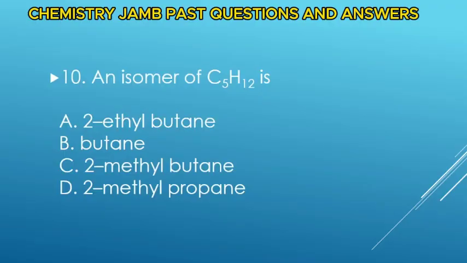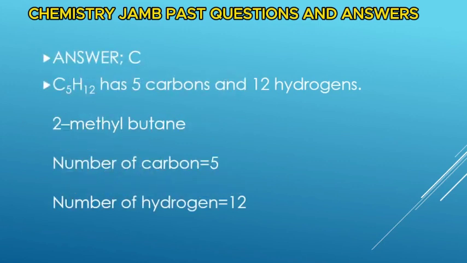Question number 10. An isomer of C5H12 is A. 2-ethylbutane, B. Butane, C. 2-methylbutane, D. 2-methylpropane. The answer is C, which is 2-methylbutane. And if you look at 2-methylbutane, it has 5 carbons and the number of hydrogens is 12, which is